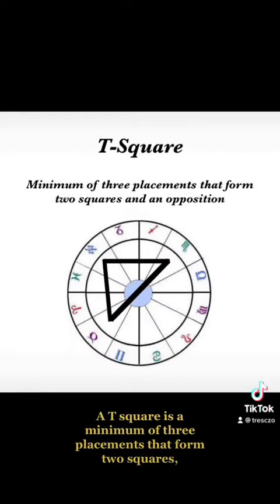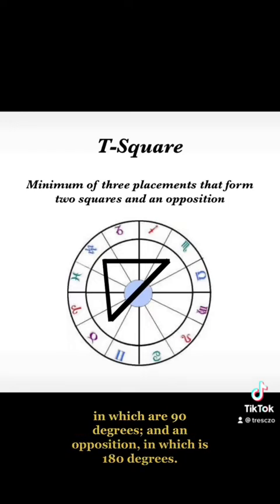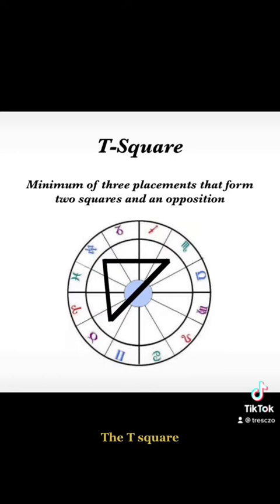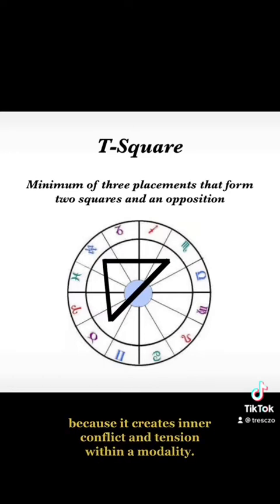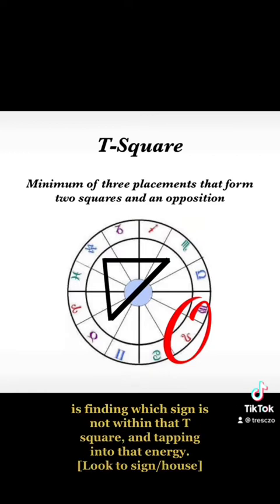A T-square is a minimum of 3 placements that form 2 squares, which are 90 degrees, and an opposition, which is 180 degrees. The T-square is known as the triangle of tension because it creates inner conflict and tension within a modality. The key to figuring out a T-square is finding which sign is not within that T-square and tapping into that